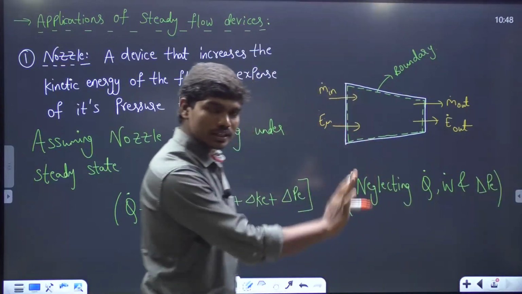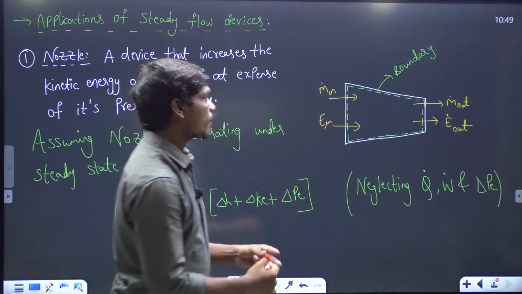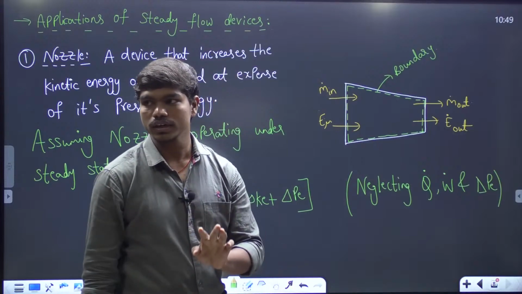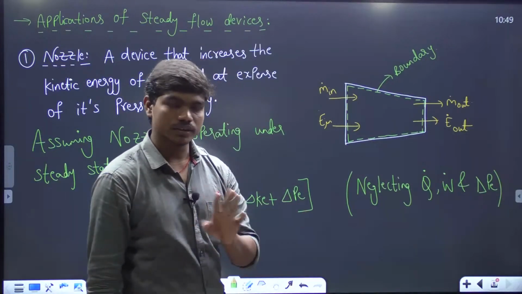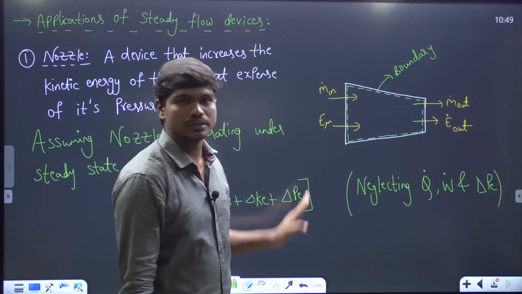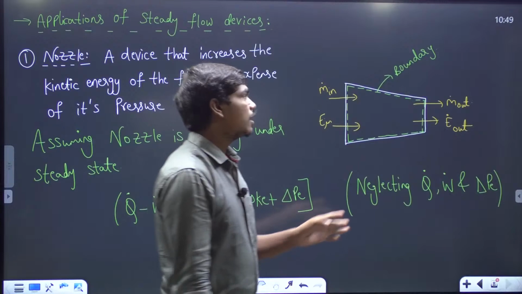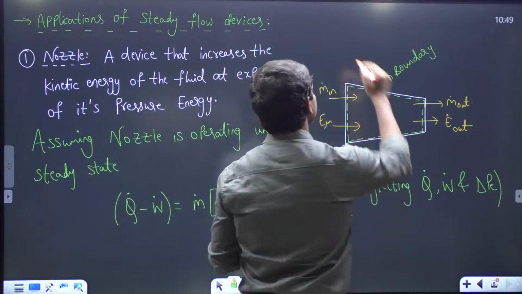Why are we neglecting only these three terms? See here, this explanation is really important. Many times they ask you in interviews: when you are applying the steady flow equation for a nozzle, why are you analyzing it in this particular way? Look, practically speaking, for a process to be adiabatic,